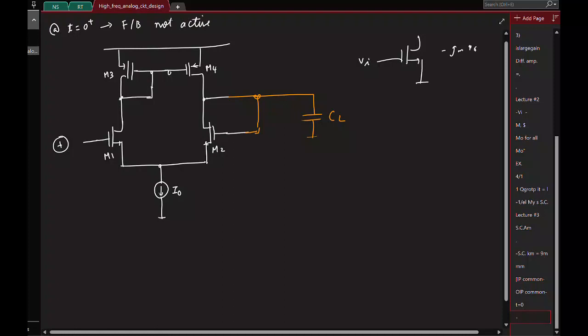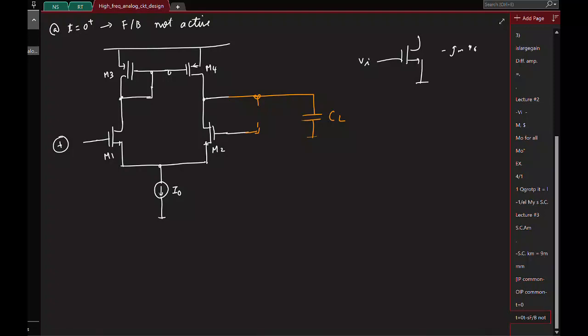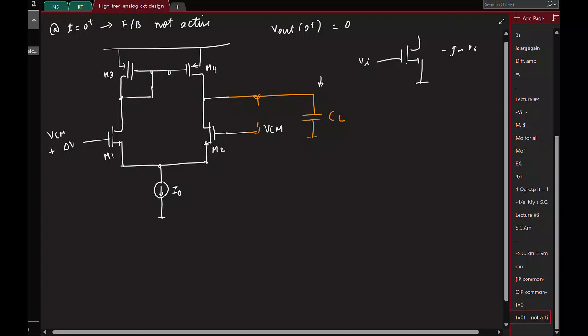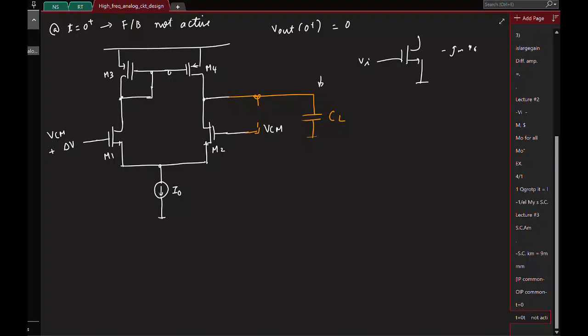So at t equal to 0 plus, I can say that this connection is not there for now, right? And V out at 0 plus is what? 0. And at the input we have stepped it up to delta V. Remember, okay? So V out was 0. This is also at 0 ideally, but of course you will have a bias here. So this is some VCM, right? And this is VCM plus delta V. Fine. Great. So now you know that the current flowing here is Gm delta V at t equal to 0